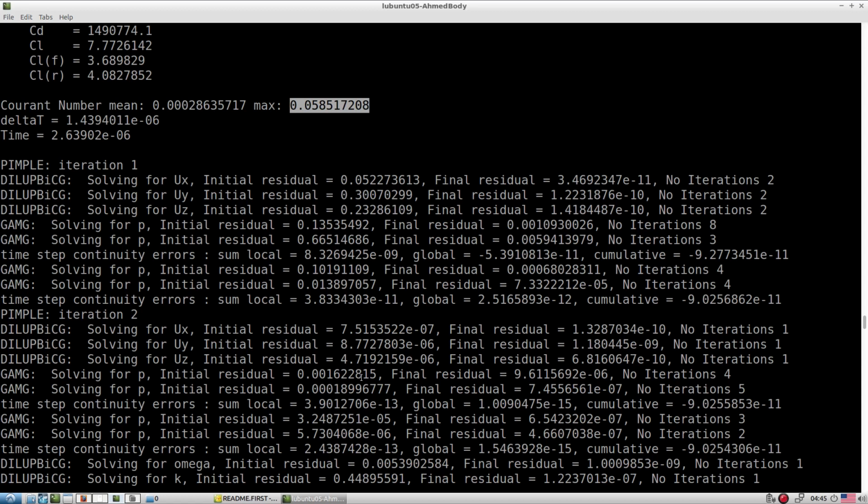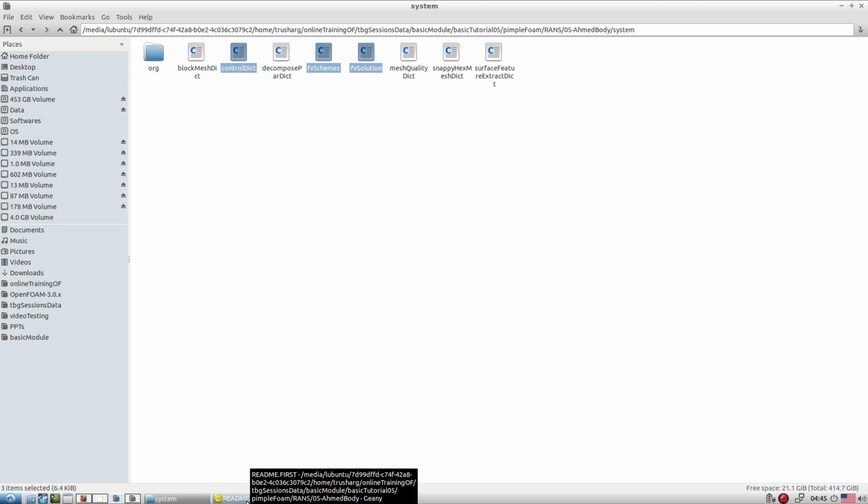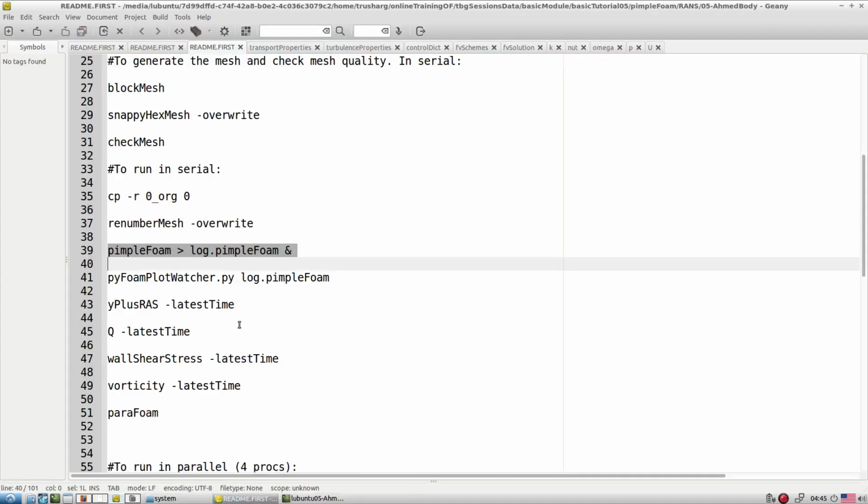You have to change the setting in only 1 place, sorry, that is the system folder: the controlDict file, fvSchemes and fvSolution. These 3 files you have to change in such a way that you are able to run the case with the help of the SIMPLE algorithm. So please do that and try to do the post processing. But I will give you the idea when we talk about ParaFoam and how to do the post processing for this particular test case.